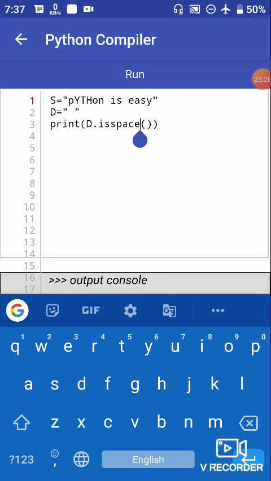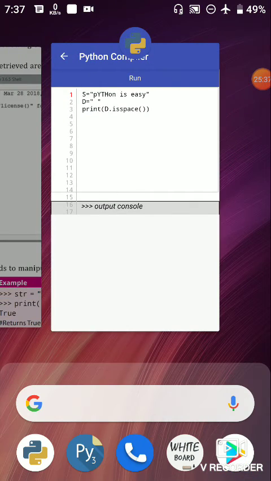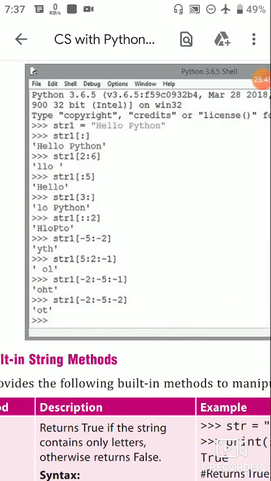Then another method is the partition method, and it is used to split the given string using the specified separator.